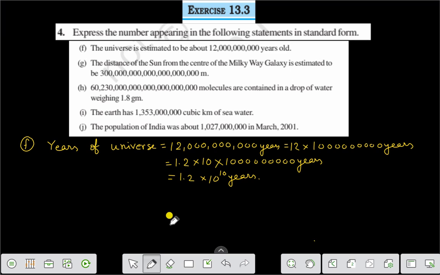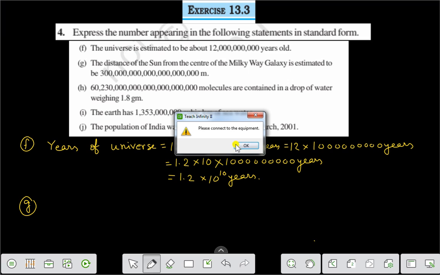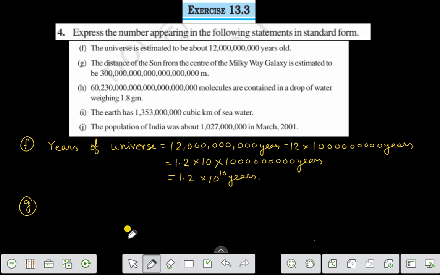Now question number G. G is, distance of the sun from the center of the Milky Way galaxy is estimated to be 3,000,000,000,000,000,000,000,000 meter, right? So we can write that the distance of the sun from the center of the Milky Way